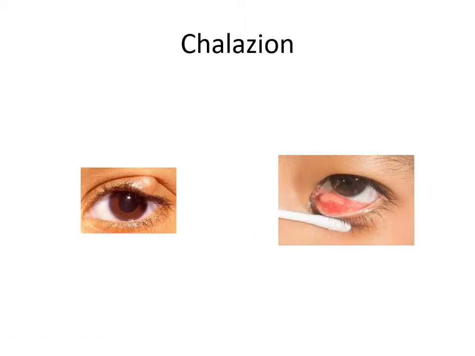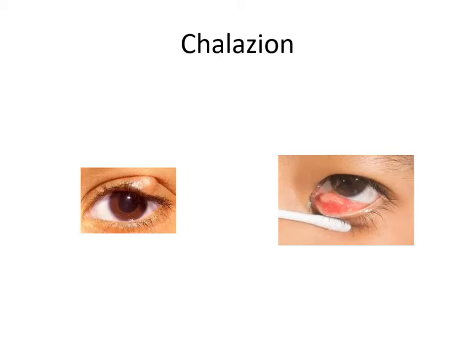And then the next question, which is commonly asked when a chalazion is kept: if you see a child who comes repeatedly with chalazion, you treat the chalazion today and he comes back after 3 months again with a chalazion. So what will you think? The answer is you should rule out refractive errors. Uncorrected refractive error is one of the causes of repeated styes and chalazion. So whenever you see a child coming to your OP with repeated styes and chalazion, dilate and do the retinoscopy and rule out uncorrected refractive error.